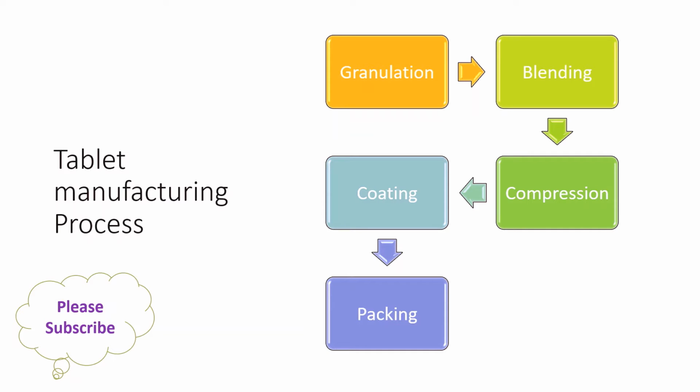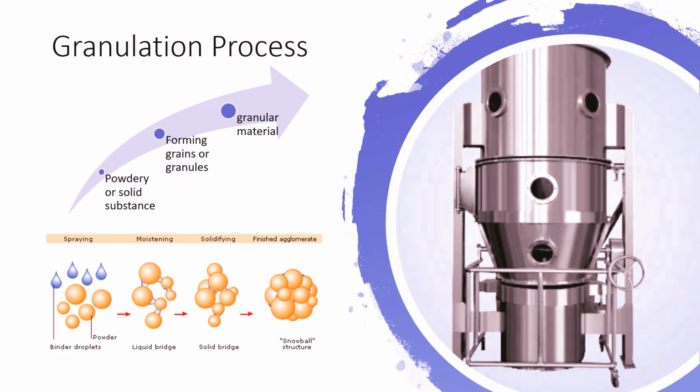The first step is the granulation process. To manufacture any finished product, we need raw materials, right? So to manufacture a tablet, we need basic raw materials like API and excipients. In this granulation process, the formulation scientist first processes this API to get the desired granular size substance. The scientist uses equipment called a fluid bed processor. As you can see from the illustration, the solid substances are bridged with binder droplets to form a snowball-like structure. So once we get the desired granular material, then we advance to the next step.